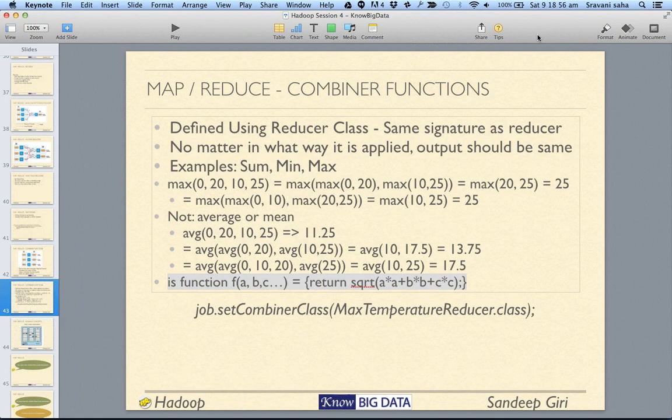So question to you is, say you have a function which has a, b, c as the input parameters, and it returns the square root of the summation of squares of these values. So is it a valid combiner or not? A valid combiner is one where, no matter how you apply the combiner on the values, on which portion of the values, and then you again run it on the result until you get a single value,